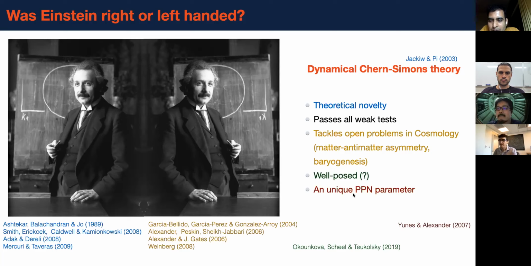Yes, and that's indeed so. This will have observational consequences because of how gravitational waves will propagate. There will be a difference between the modes. And in cosmology, with this theory, you can solve or at least tackle the matter and antimatter asymmetry and baryogenesis. So by adding these terms, you can solve a problem and still pass everything else. Because of the pseudoscalar, it's changing the parity, and that's solving at least a problem in cosmology, and not messing up everything else.